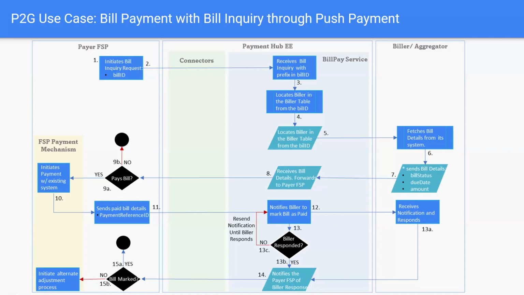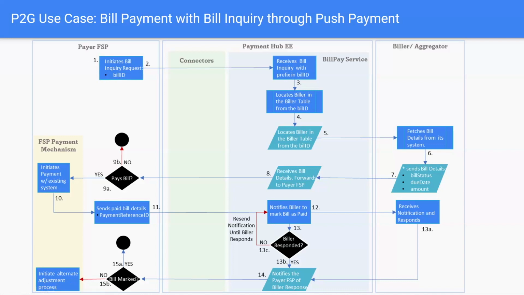So anytime we are referring to a payer FSP or payee FSP, we're essentially indirectly mentioning the end users who would eventually be getting them, but that is beyond the scope of Payment Hub itself. So a payer FSP initiates a bill inquiry. Before a bill could be paid, right now we're talking about scenarios where a certain bill number